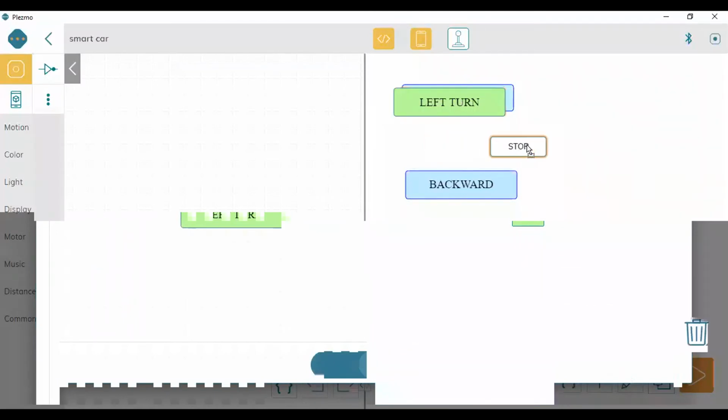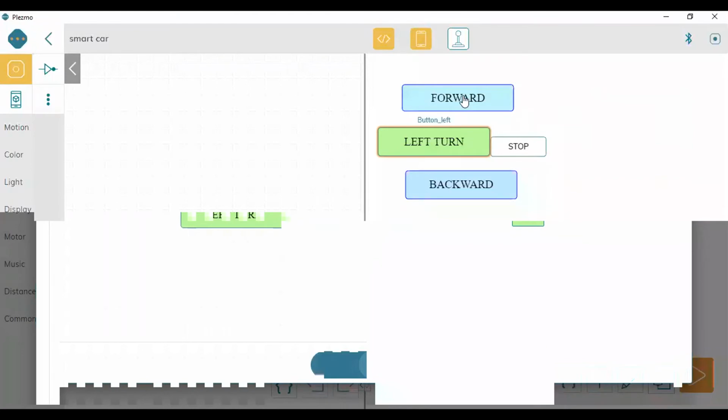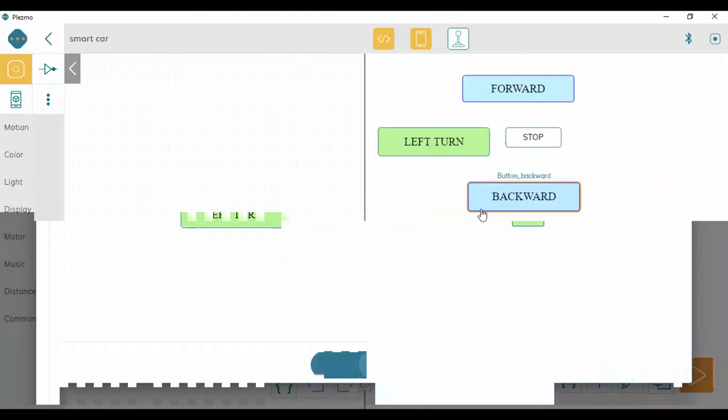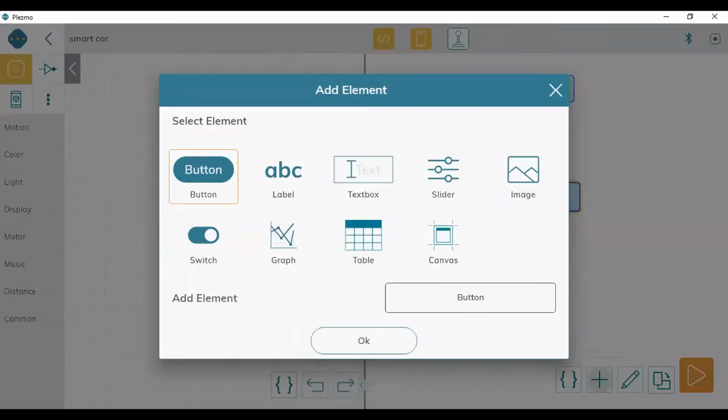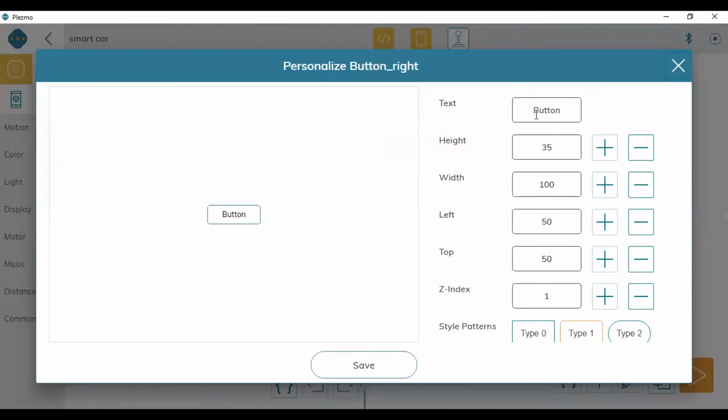Okay. So here you can change the placements also. The last button we are going to add now is right. So again here I will type right turn.